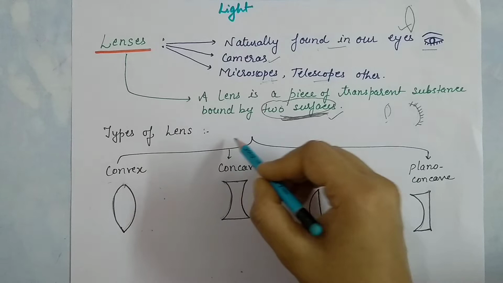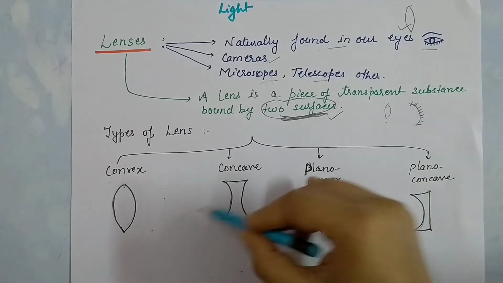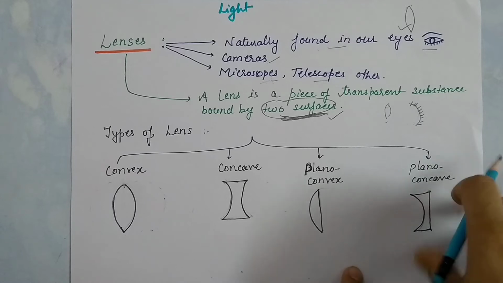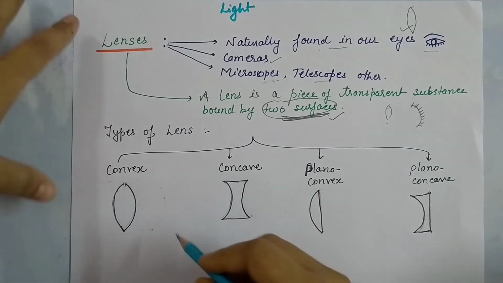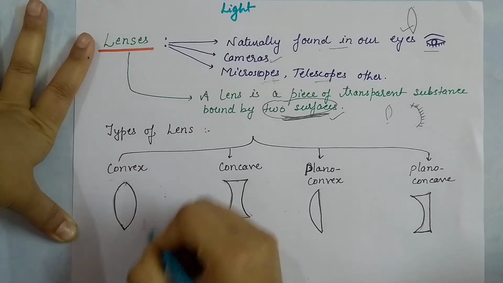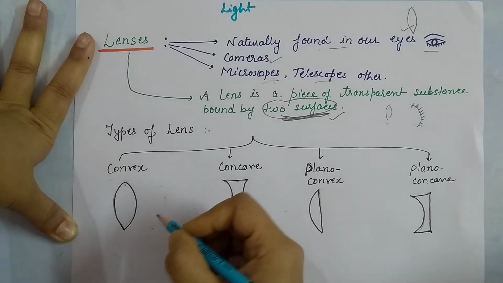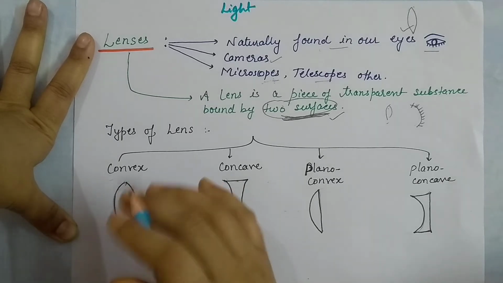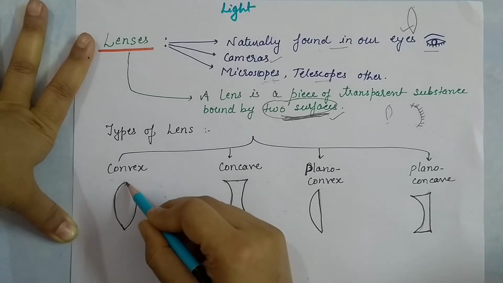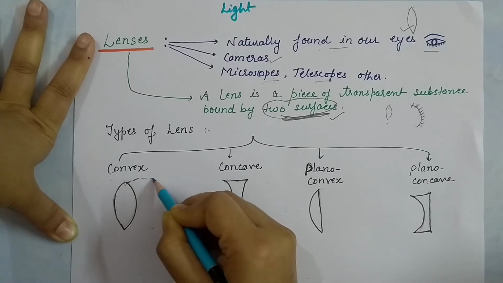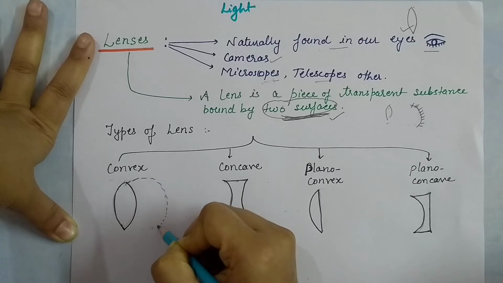So let's see what a lens is, the types of lenses, and how they form. There are basically four types of lenses, as I have shown here. The first one is the convex lens. This is called a convex lens, and let's see how it forms. Here, for the convex lens, if I make a sphere,